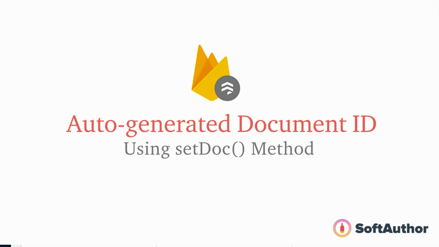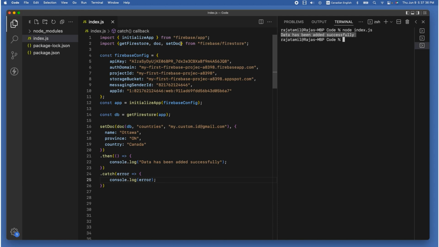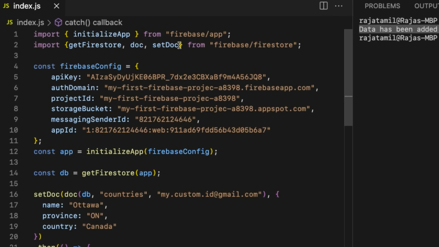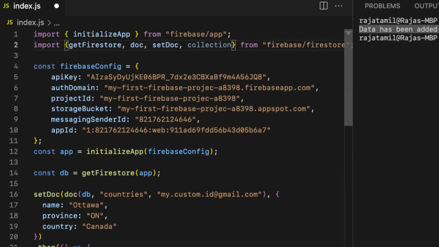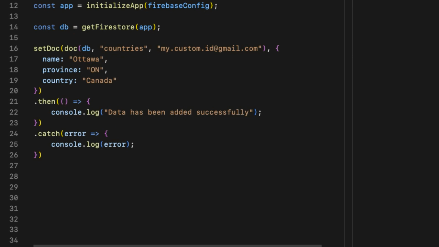Let's see how to add data with auto-generated ID using the setDoc method. To do that, destructure the collection method from the Firestore import statement at the top. So comma collection. Come back to the setDoc method, delete all the arguments of the doc method and pass the collection method as an argument.